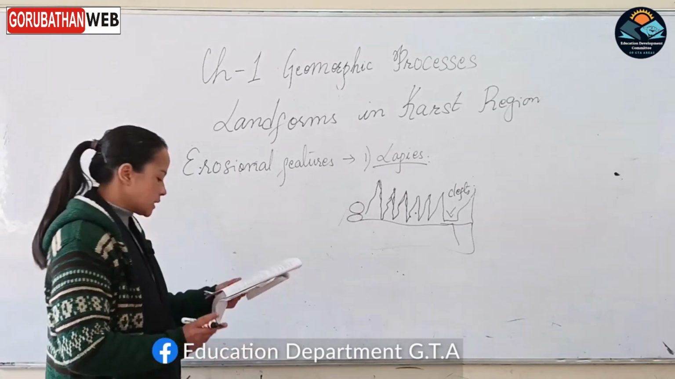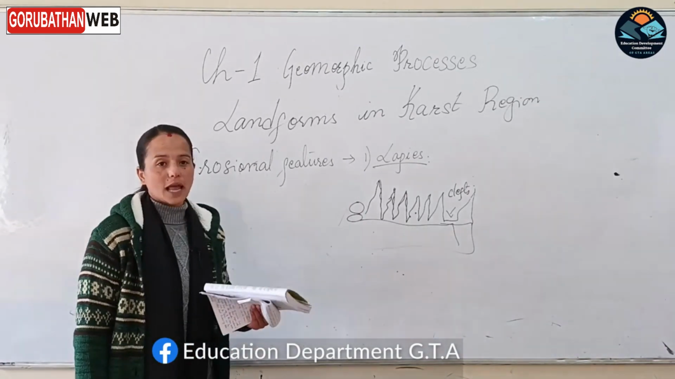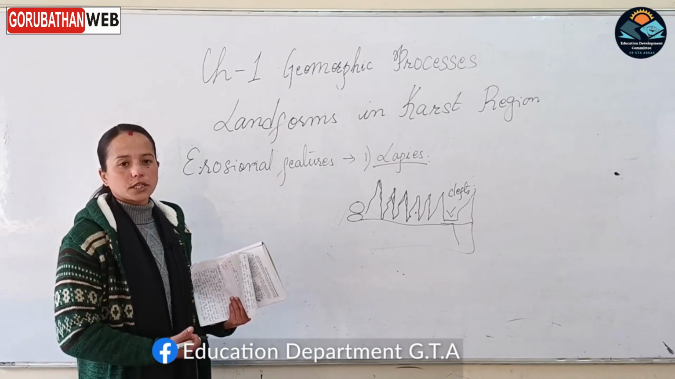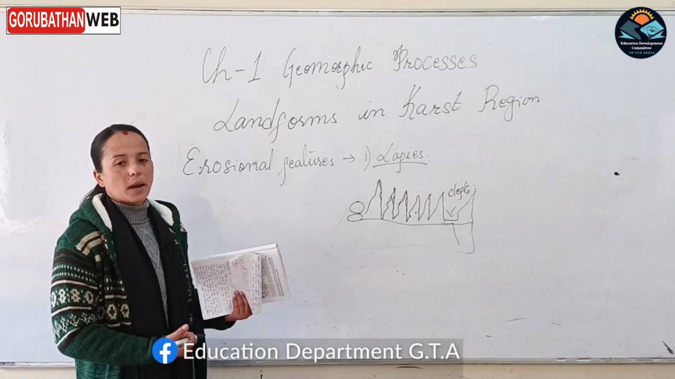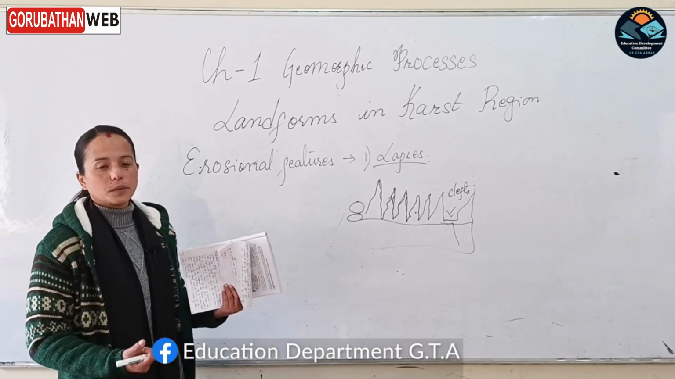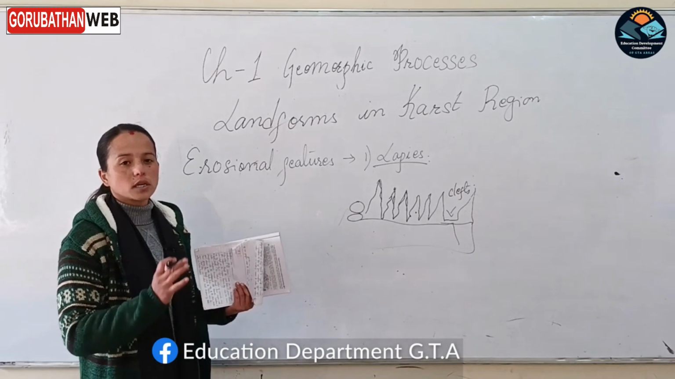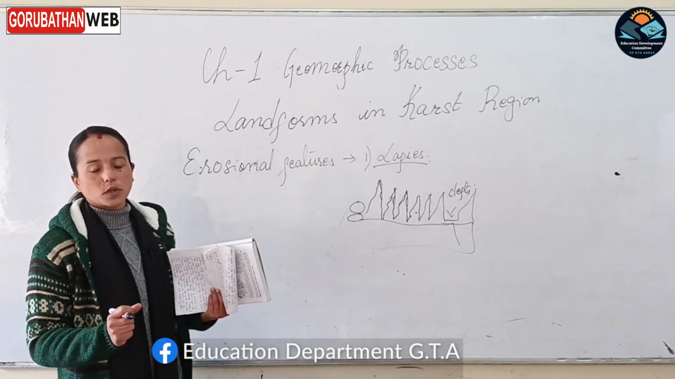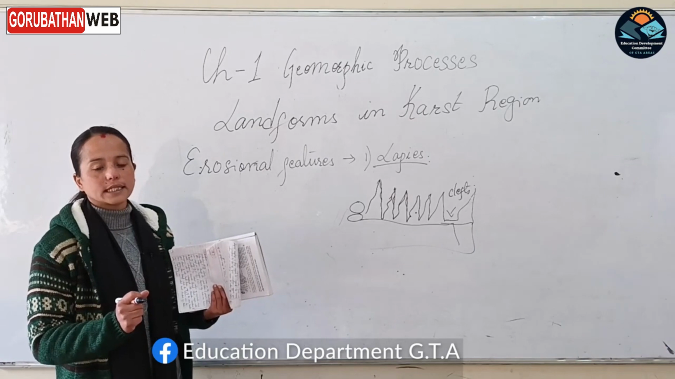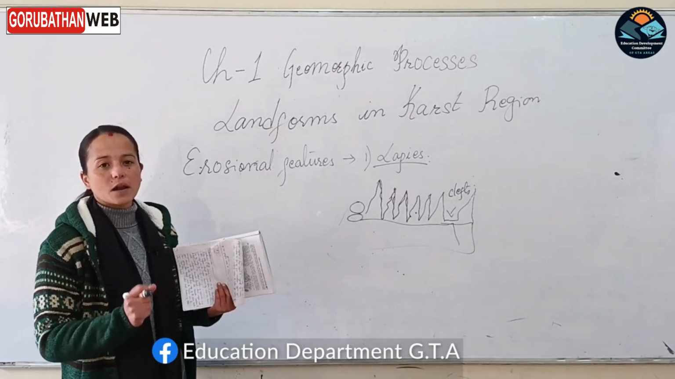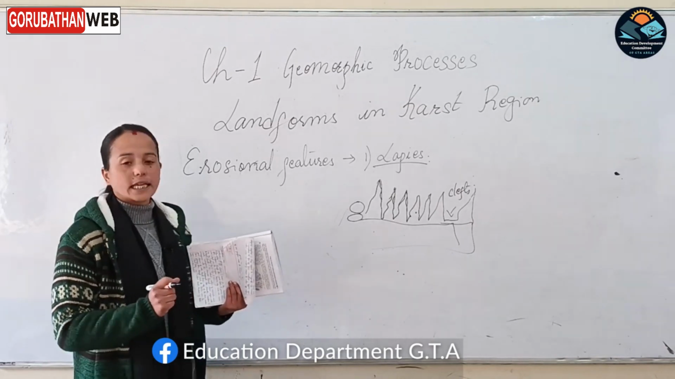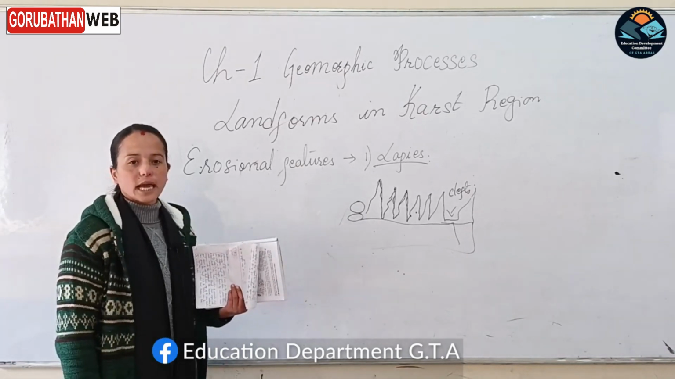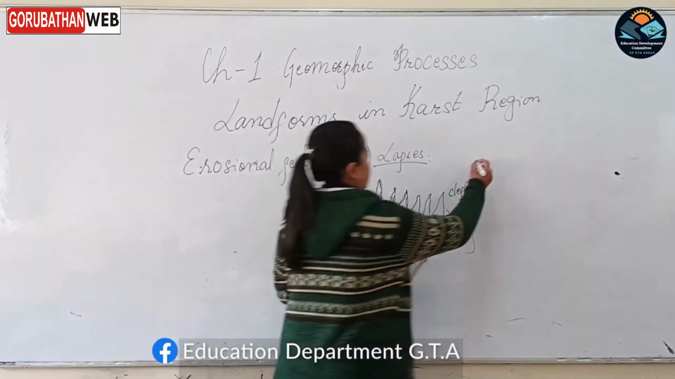So grikes are due to the solution action on limestone. I told you most of the features in the limestone are formed by the solvent action of rainwater, by the process of solution, by the dissolving of calcium carbonate. Limestone contains calcium carbonate, and when calcium carbonate comes in contact with carbonic acid, it turns into calcium bicarbonate. That calcium bicarbonate can easily dissolve in water, and that leads to the formation of different types of landforms. So the second one is the grikes